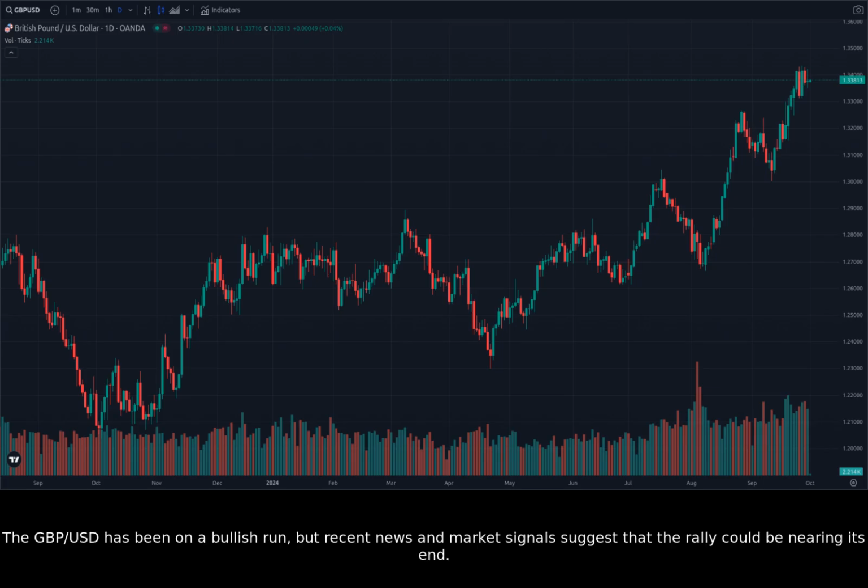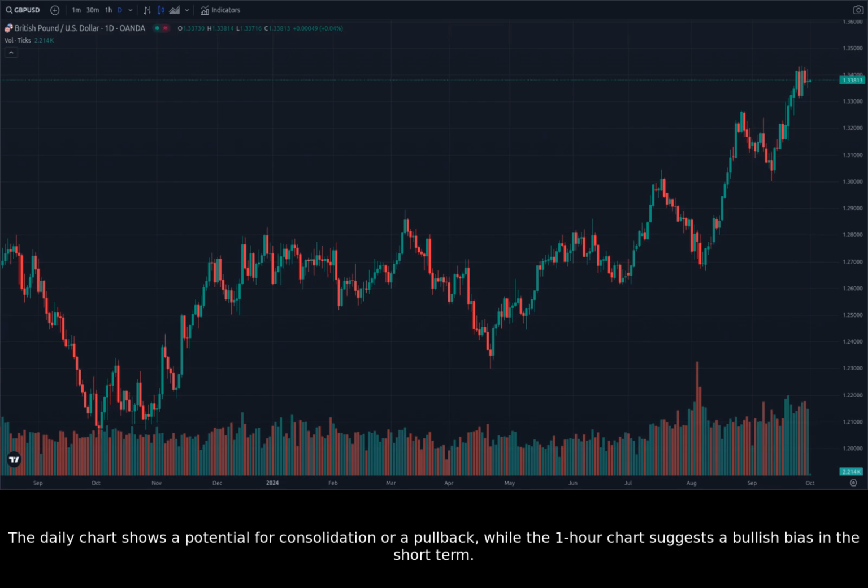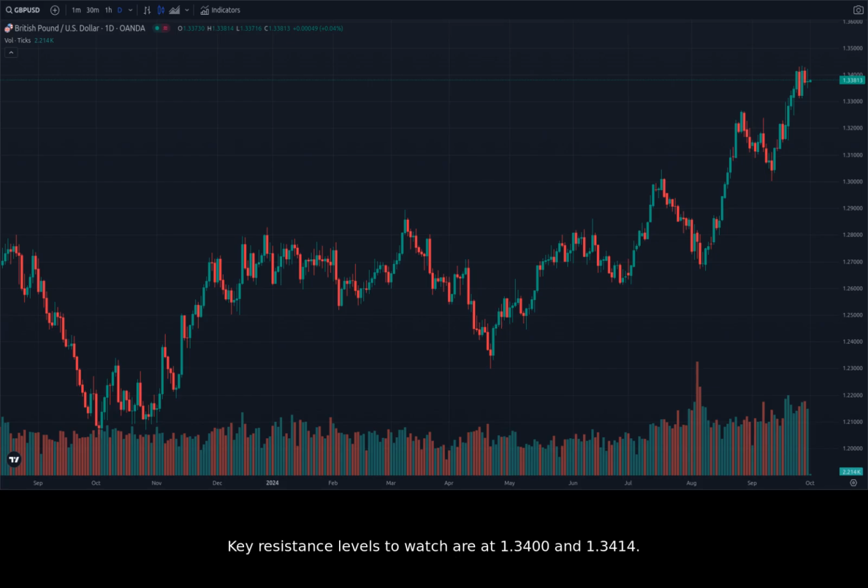The pound sterling to US dollar has been on a bullish run, but recent news and market signals suggest that the rally could be nearing its end. The daily chart shows a potential for consolidation or a pullback, while the 1-hour chart suggests a bullish bias in the short term. Key resistance levels to watch are at 1.3400 and 1.3414. Key support levels to watch are at 1.3265,